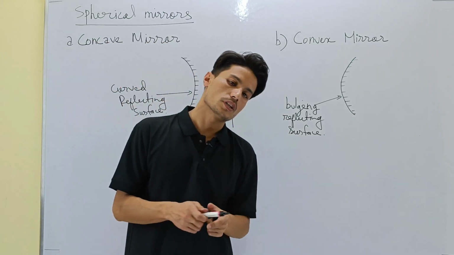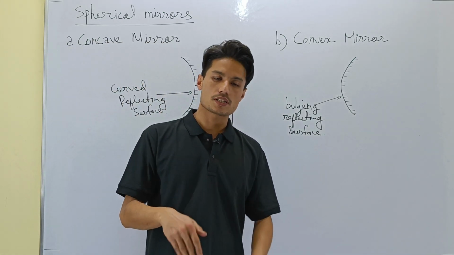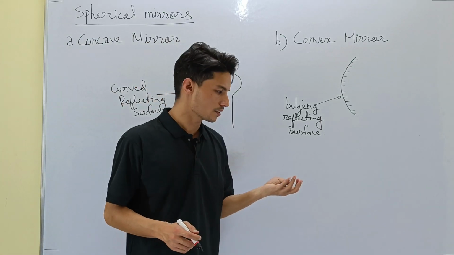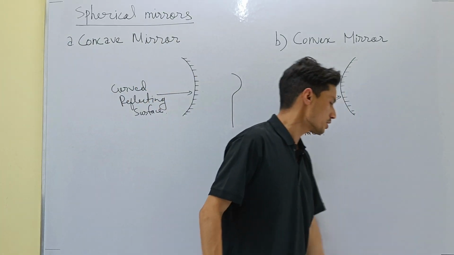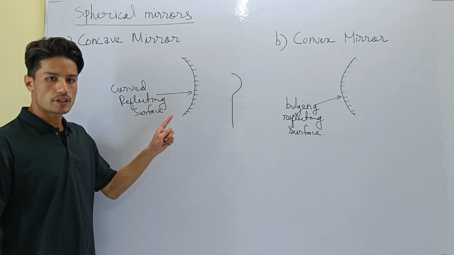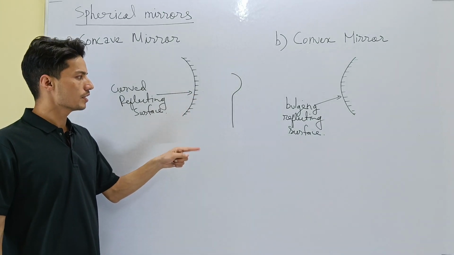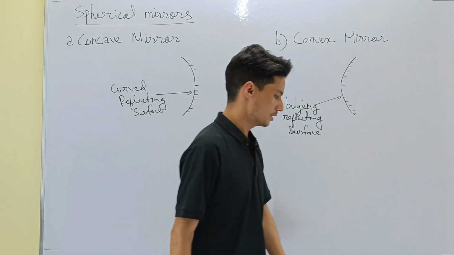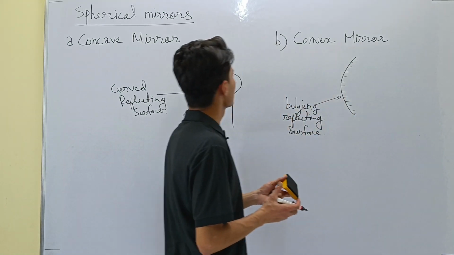So a spoon has got both. It has got the concave part as well as the convex part. So a spoon is one simple example to see both the two types of mirror, concave mirror and convex mirror. All right. Now the next topic will be